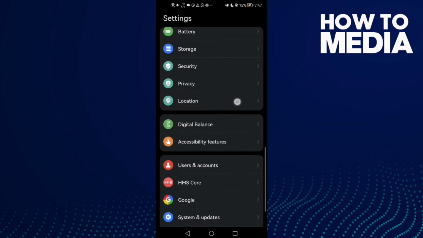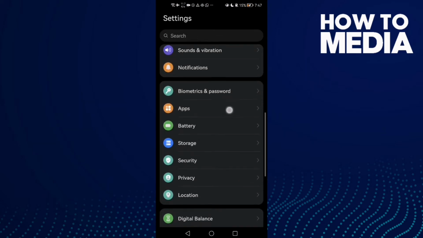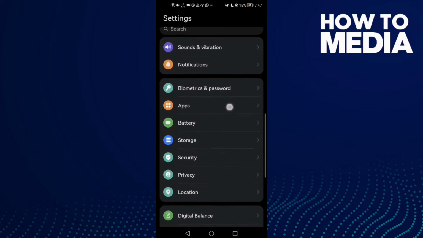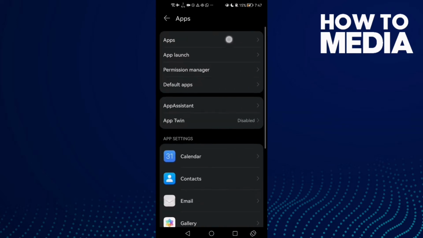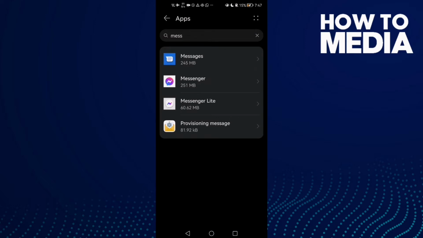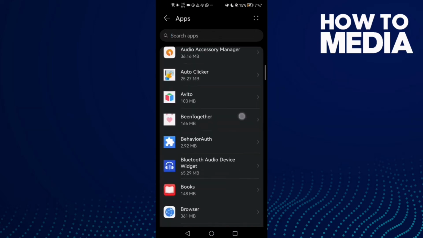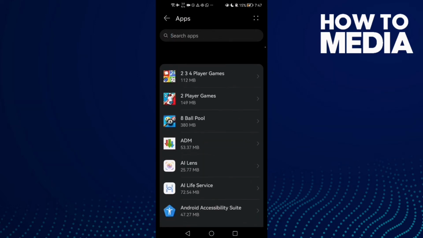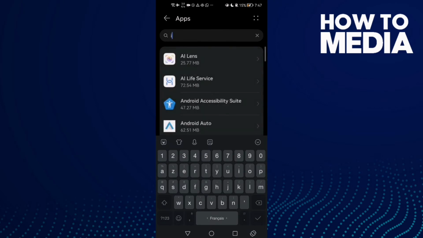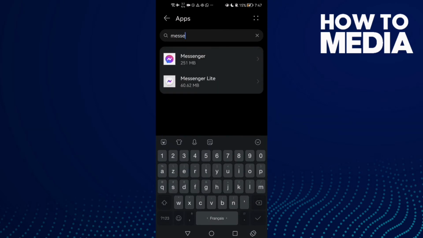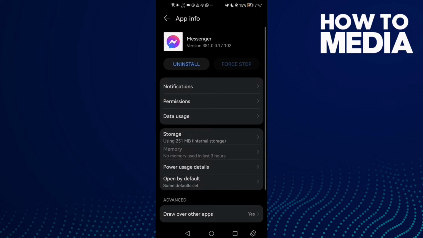First, just go to settings and then scroll down until you find apps, click on it and then click apps again, and here you will find installed apps. Just go to here, type Messenger, and now click storage